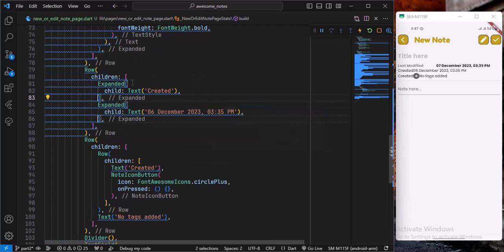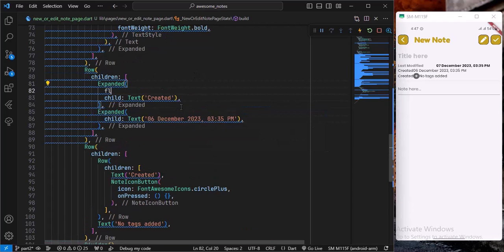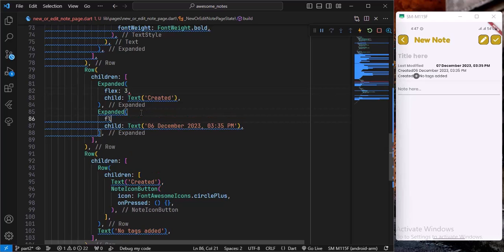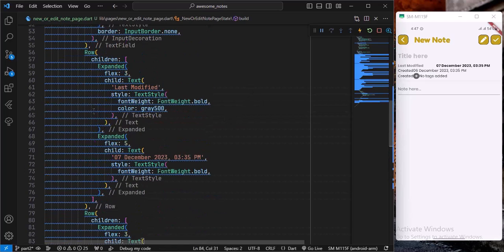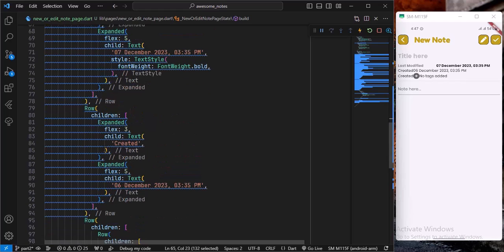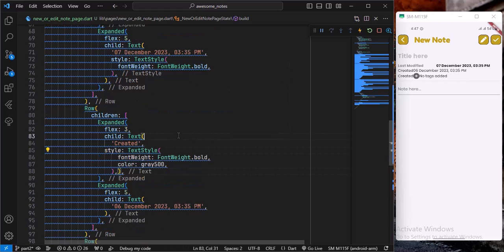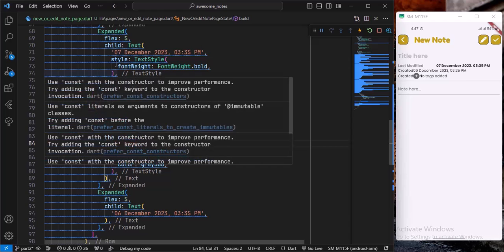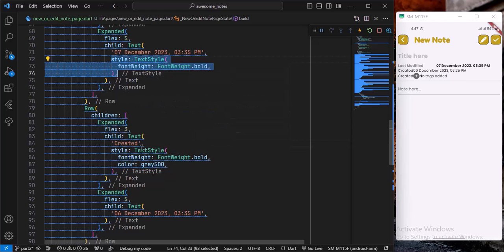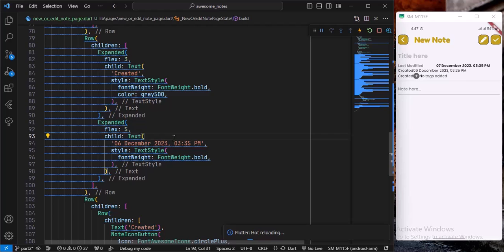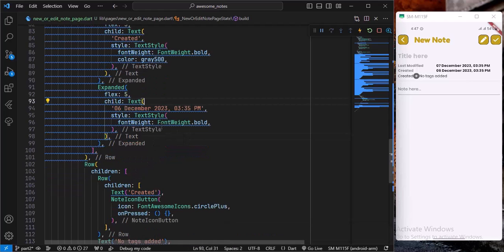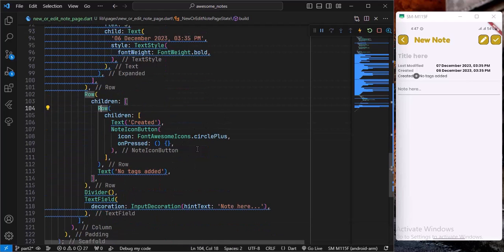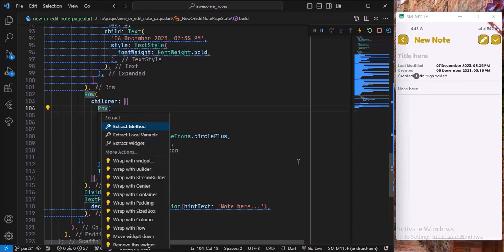And now I want to give them a flex of 3 for the first one and a flex of 5 for the second. And as the style, I want to copy the first style and place it in the first created text and the second style in the second text. And let's see, amazing. And again, for this row widget, I want to again wrap it with